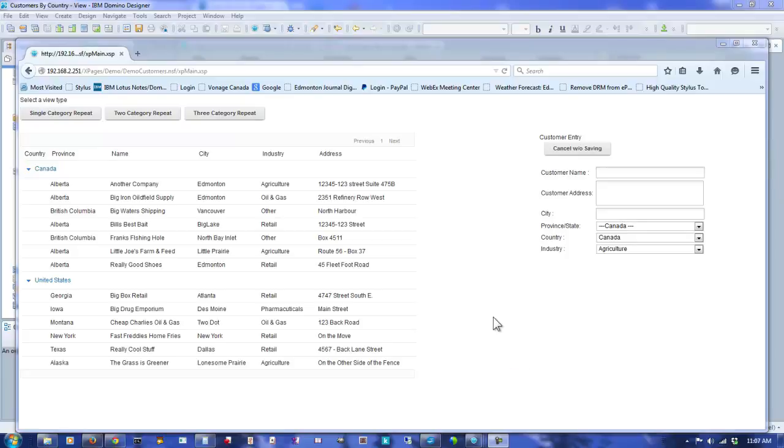As I started working in XPages a couple of years ago, I had problems because I had so little control over the way the views and the data were presented. When I say view, I'm talking in terms of the Notes Domino type of thing and the experience of the end user. This example here is just a little database I put together of some customers, and